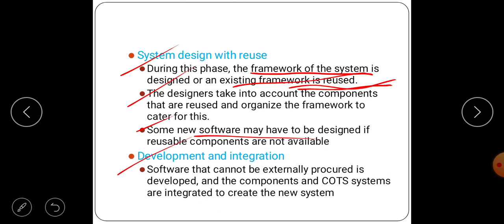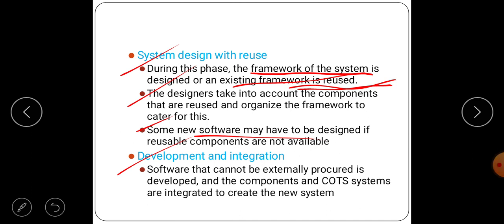Next, development and integration. Software that cannot be externally procured is developed.